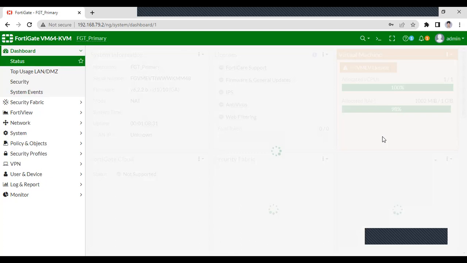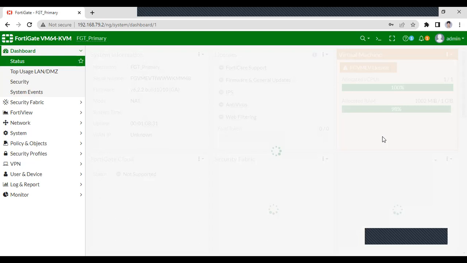You also have to set the password admin, and set the heartbeat interface, which is port 3. I am also going to enable session pickup and set override enable. These configurations work like VRRP, or you can say HSRP. I will tell you in more detail in the next video. Today I am just going to show you how to configure HA in the FortiGate firewall.